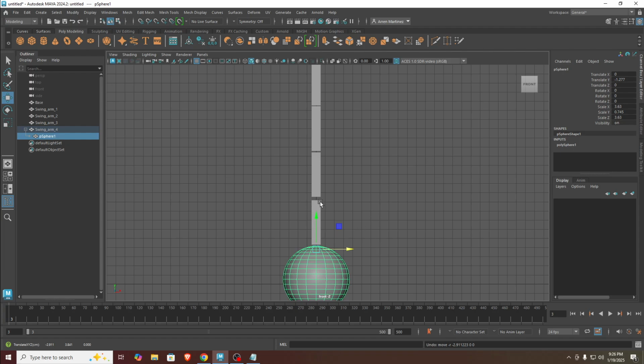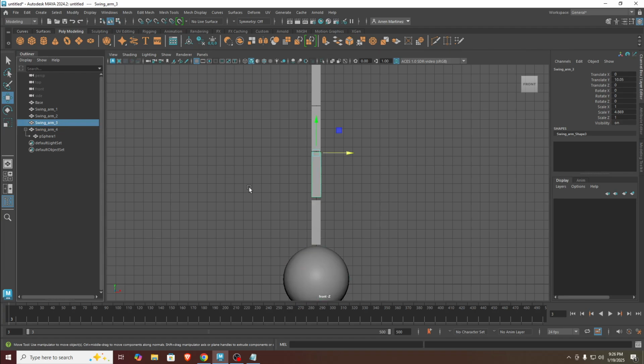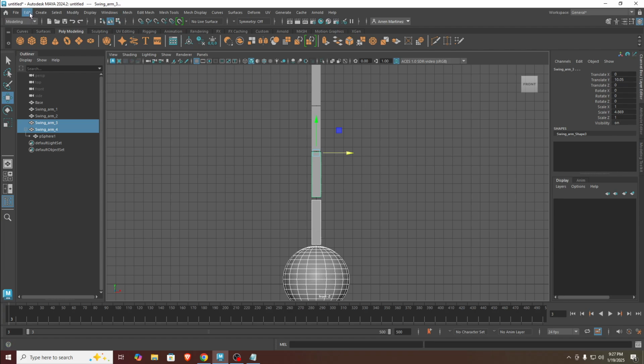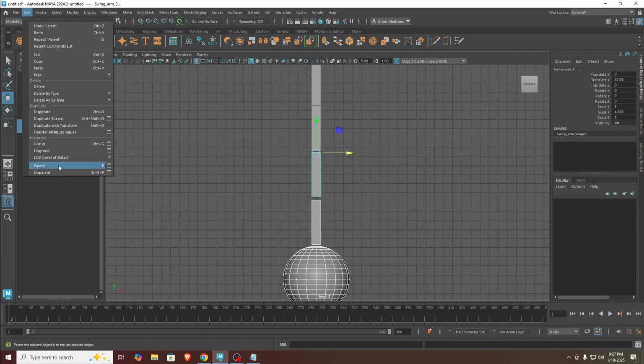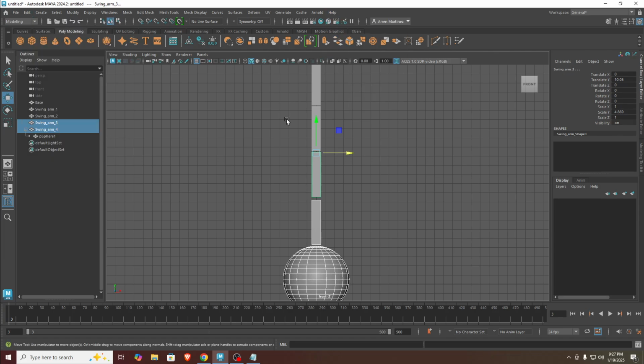So that's how the parent works. Again, just highlight, for example, if you want to turn the swing arm 3 into a parent, click the arm 4, next hold the shift, click the arm 3. We will not navigate our cursor into the edit parent because it has a corresponding shortcut of letter P. Now if I press the P, you see the swing arm 3,